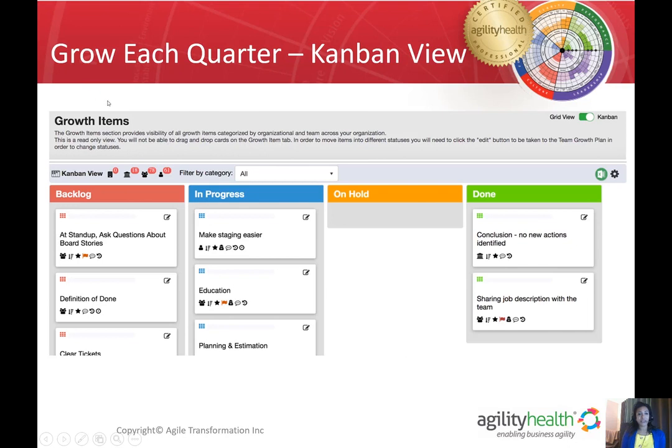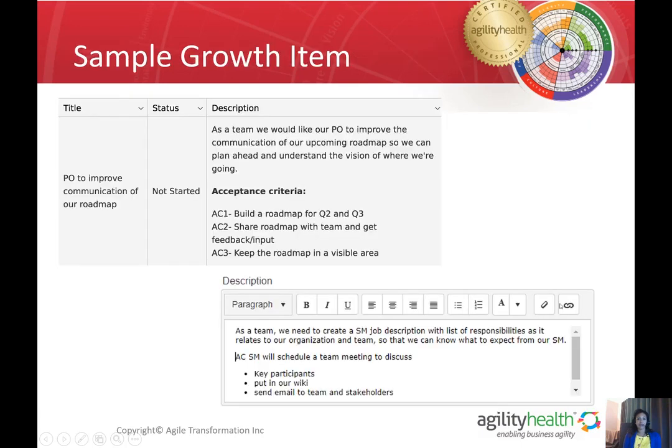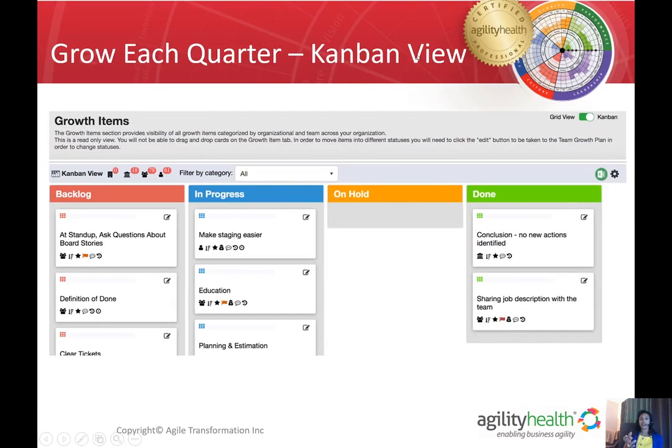Here's the Kanban view within the tool. When I show you guys the demo, you'll be able to see that you can go into the tool, create backlog items of growth items, and then move them to in progress and to done. And this will help ensure that everyone on the team understands where things are at. But also, if you are working on an organizational growth item and you move that item, that will send a notification to the team to let them know that the org team has actually pulled that item in, which is really nice.